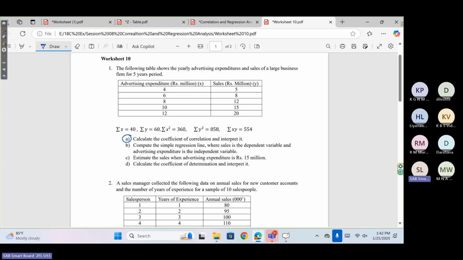We got 0.996, can write 0.9. Okay. Then what kind of relationship is there? Positive value. Then we can write here, there is